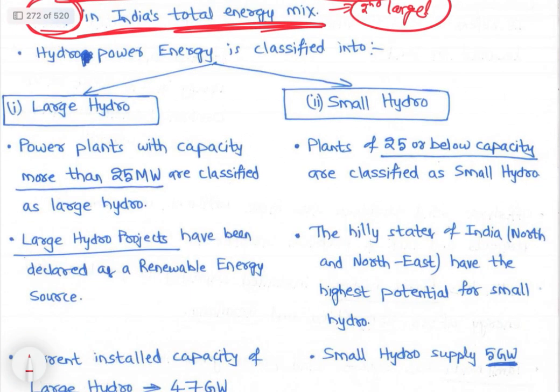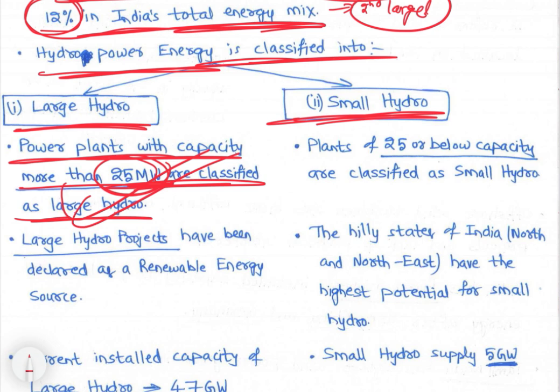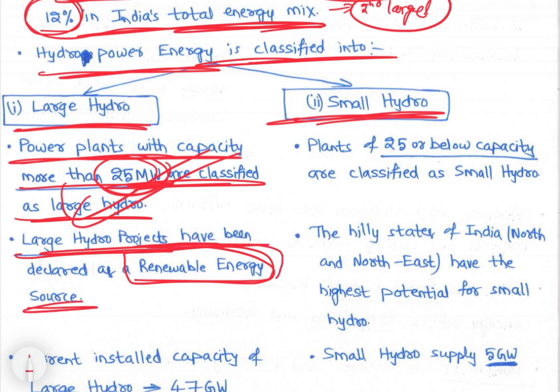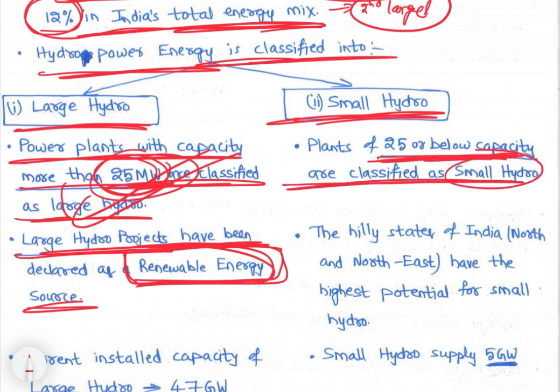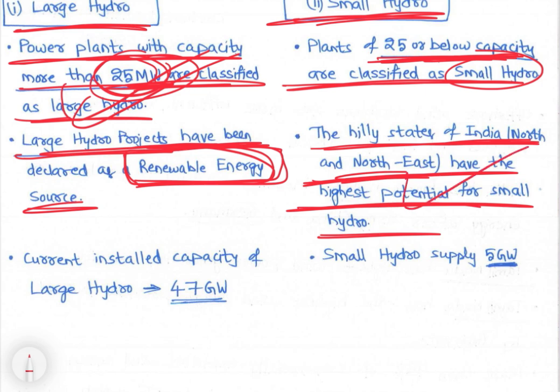So hydropower energy is classified into large hydropower projects and small hydropower projects. Power plants with capacity more than 25 megawatts are classified as large hydro, right? And large hydro projects have been declared as renewable energy source. Earlier they were not considered as renewable energy source. Now they are considered as renewable energy, right? Then plants with 25 megawatts or below are classified as small hydro, right? The hilly states of India, that is north and northeast, have the highest potential for small hydro. Northeast India has very high potential for hydropower projects,